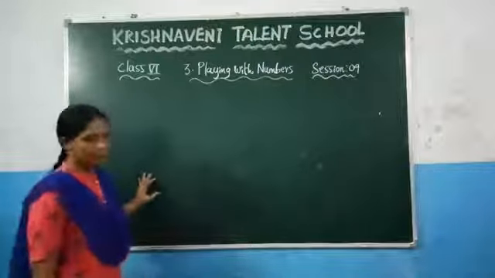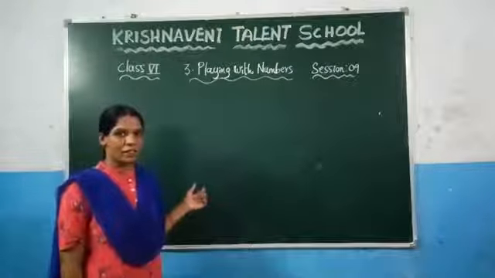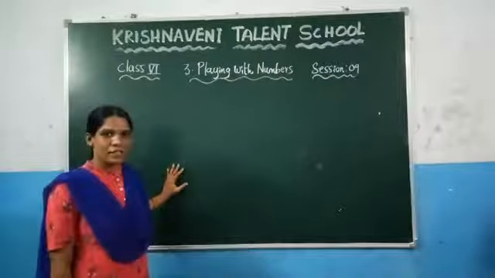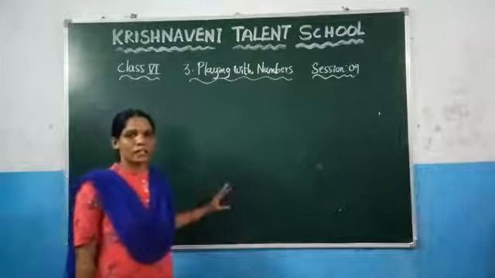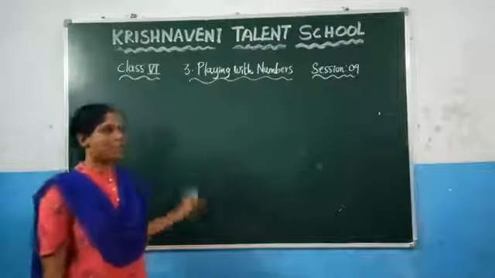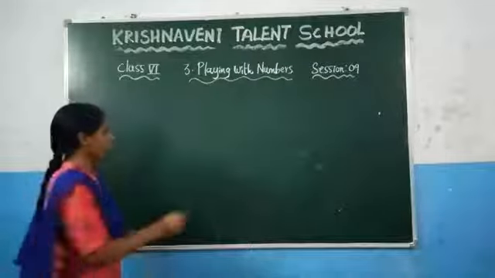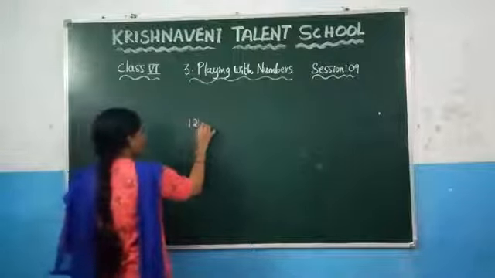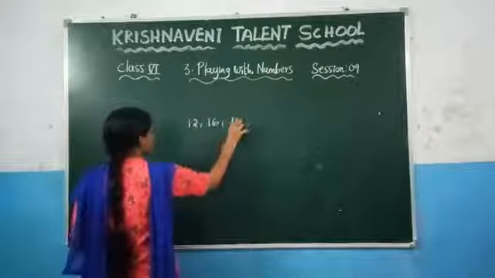In this session, we are going to discuss how to find the HCF of the given numbers. We already discussed there are two methods to find the HCF, which are the prime factorization method and the continued division method. Let us have a brief recap about that. If you want to find the HCF of 12, 16 and 18.